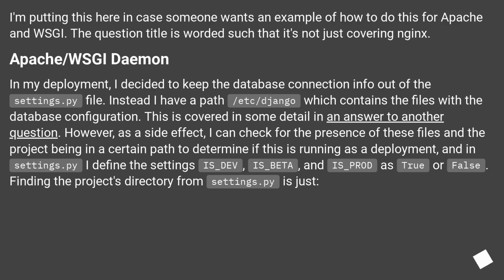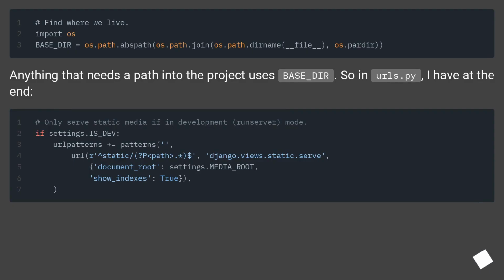However, as a side effect, I can check for the presence of these files, or for the project being in a certain path, to determine if this is running as a deployment. And in settings.py I define the settings _dev, _beta, and _prod as true or false. Finding the project's directory from settings.py is just a matter of a simple call. Anything that needs a path into the project uses base_dir. So in urls.py, I have at the end: